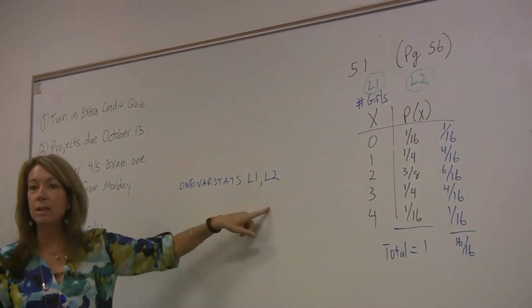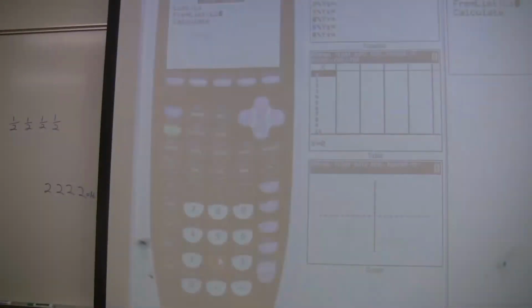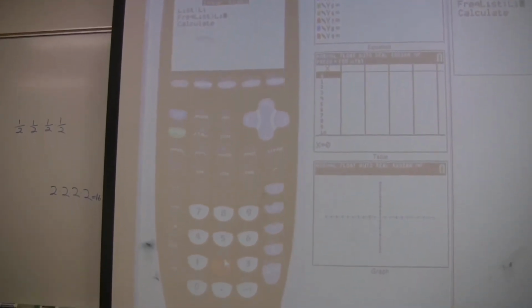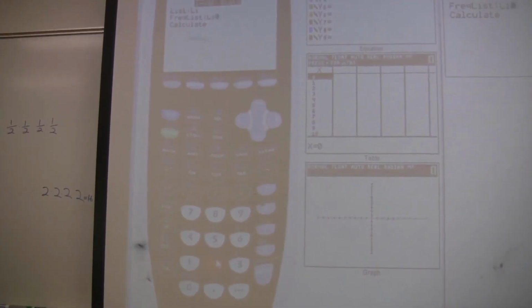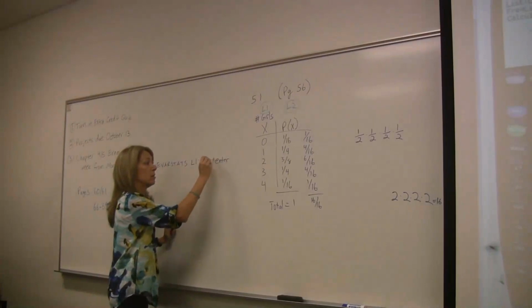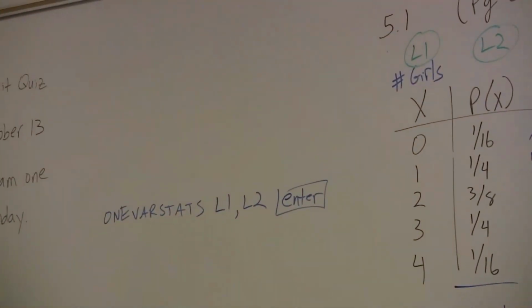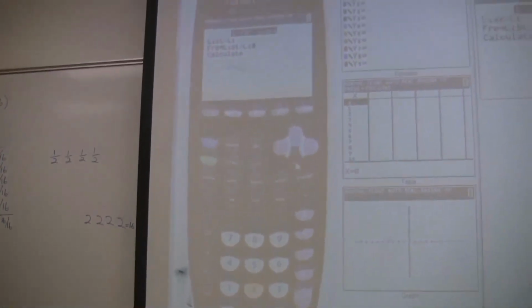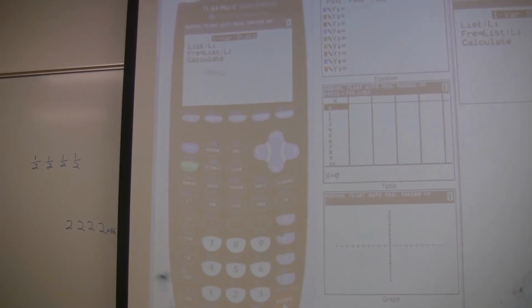So you're either typing this, or your screen looks like mine up there. Everyone have one or the other? What did you say? If you have the 1-Var Stats, what do you have to type? So once you have 1-Var Stats showing on your screen, then you type L1, comma, L2 before you hit enter, right next to where it says 1-Var Stats. Do you see how to get there? If you do this and then we go down to Calculate, or the rest of us hit enter over here, it's just formatted differently. Calculate,